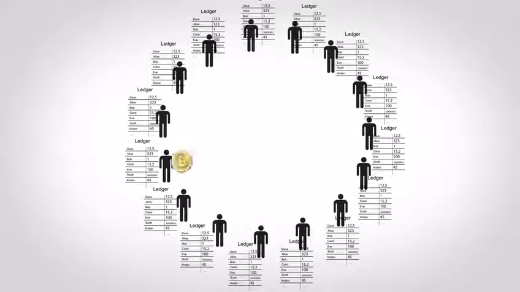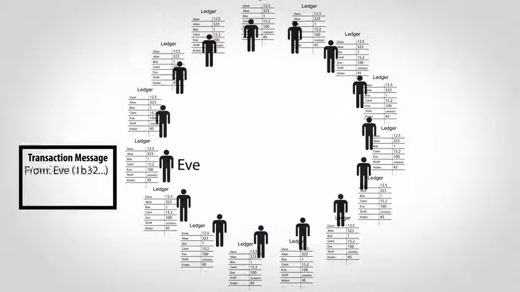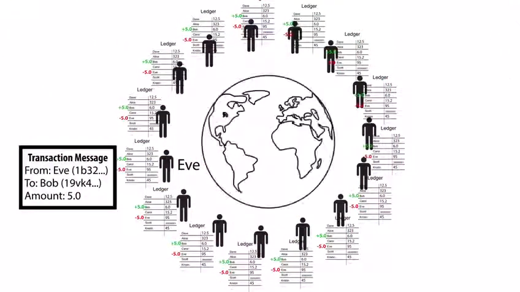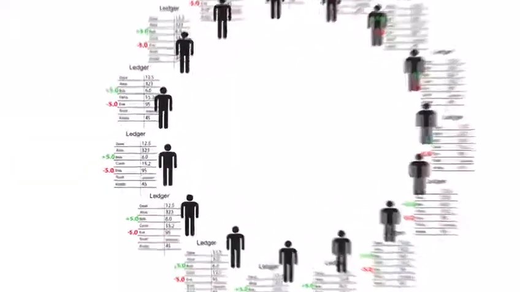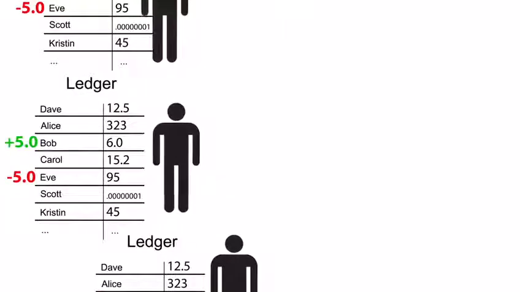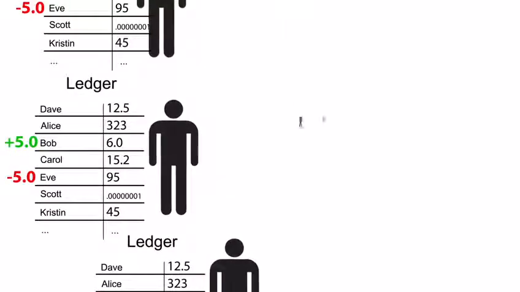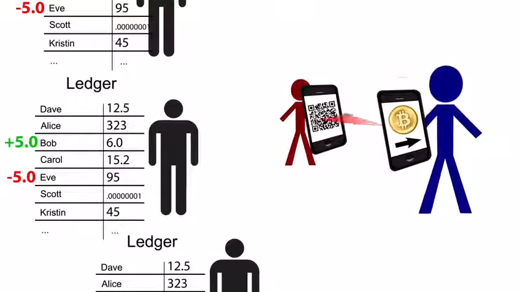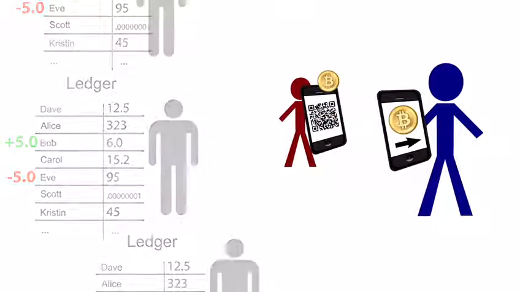If everyone maintains their own ledger, how are all the ledgers kept in sync as money is transferred? At a basic level, when you want to send money, you simply tell everyone else by broadcasting a message with your account number, the receivers, and the amount. Everyone across the entire world then updates their ledger. As a quick aside, I'm describing how Bitcoin works for power users, people who help maintain the system. You can also just use the system to send and receive money, though, without maintaining a ledger.